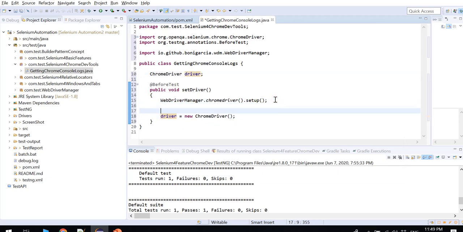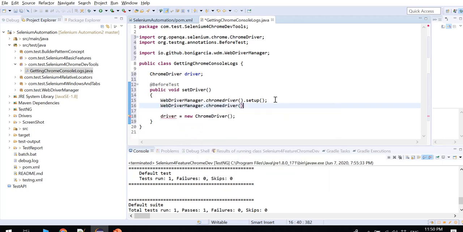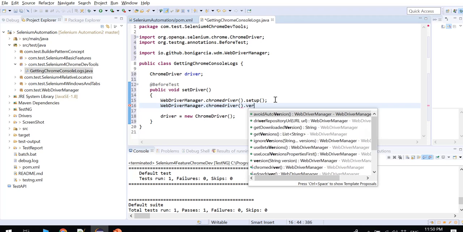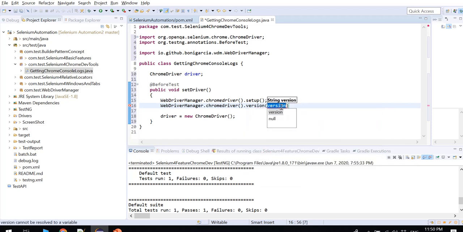So before creating the object of ChromeDriver, I have to write a few more lines. WebDriverManager.chromedriver().version. So the version I'm using is 83 right now.